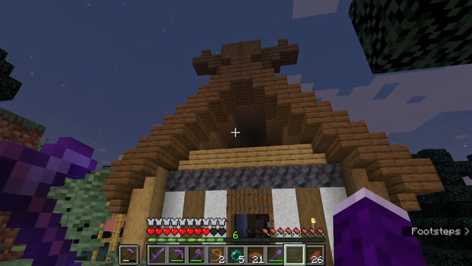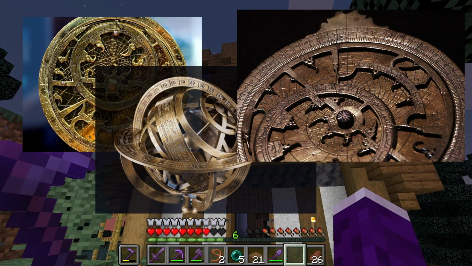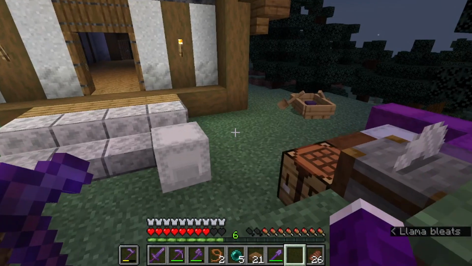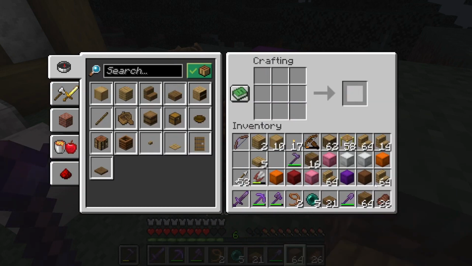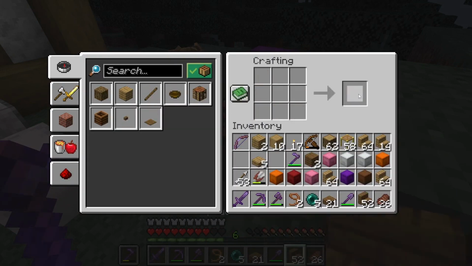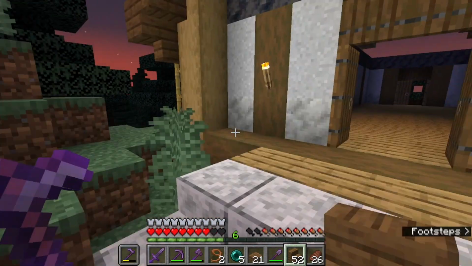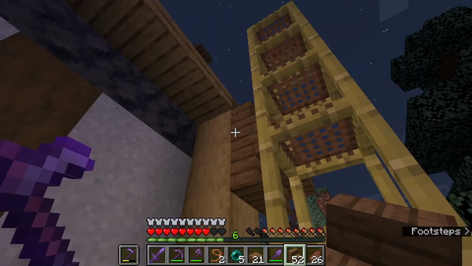And if you don't know what an astrolabe is, I'll chuck up some images on the screen here so you can see. Just think the big golden brassy spherical turning things that look like a cross between a globe and a sundial and some kind of grand device that you see in every steampunk or fantasy setting whenever you walk into a wizard's tower. It's one of those things, and they spin and turn and look cool.